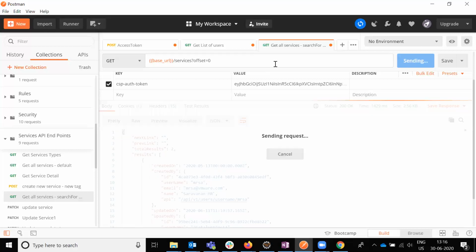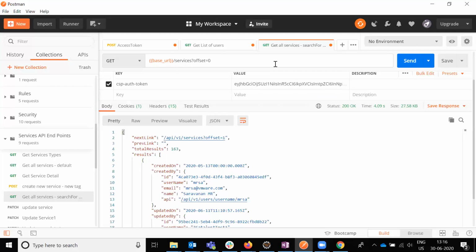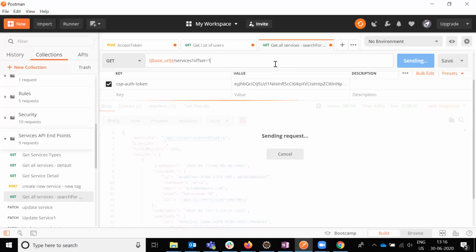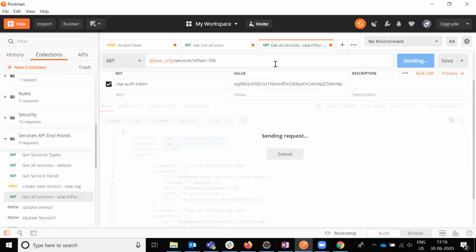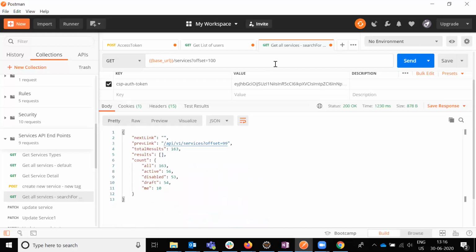If you ask for 0, it will display the offset value related to page 0. If you use 1, it will display the page related to 1. If you use 100, there is no value, that's why you are not able to see the records.